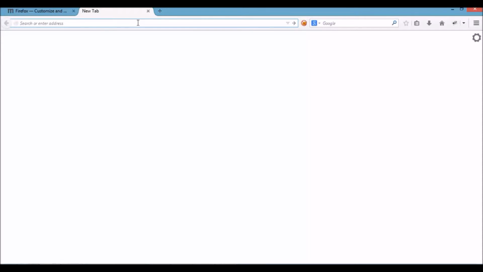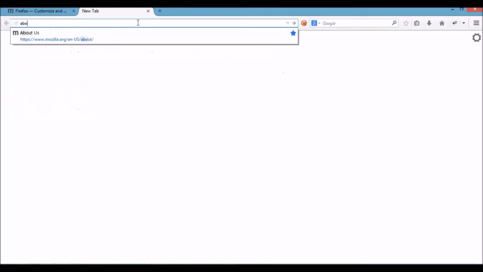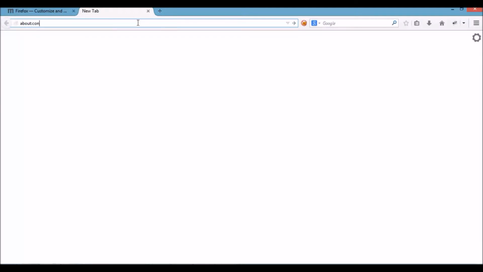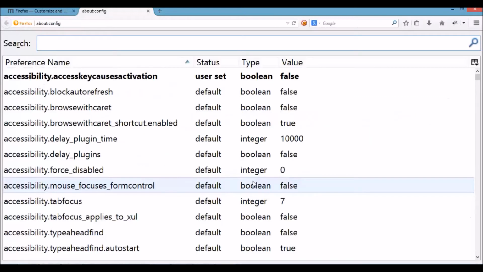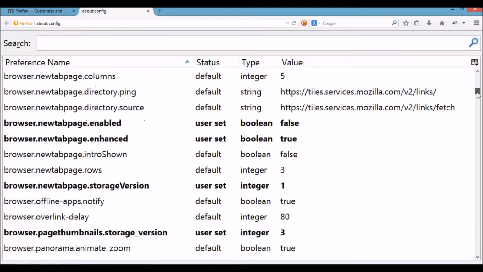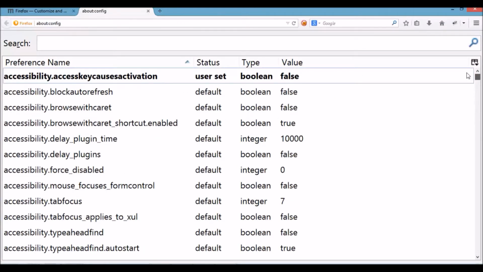To see where SSL version 3.0 is enabled, we'll visit the configuration file of Mozilla Firefox by typing the command about:config in the browser. You'll get a warning message, just click on that. Now here you are able to see many configuration settings.